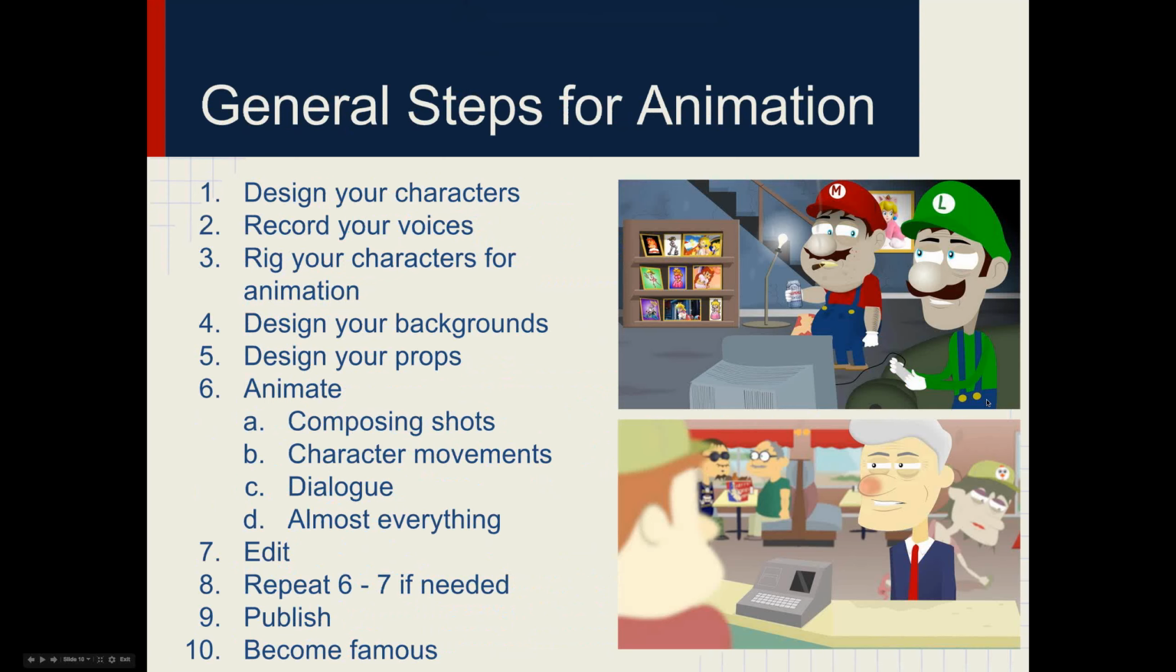And then you animate out. You compose your shots so everything looks nice, everything's in frame. You do your character movements. You can then animate out your dialogue with your recorded dialogue. And then basically after that, you cover everything else. You go back and you polish, you make sure everything's tight, everything looks good, there's no weird things going on with the animation. Once you're set, you bring it into edit, and then you might have to repeat 6 through 7 if needed,